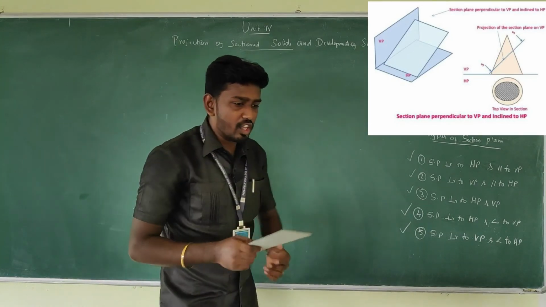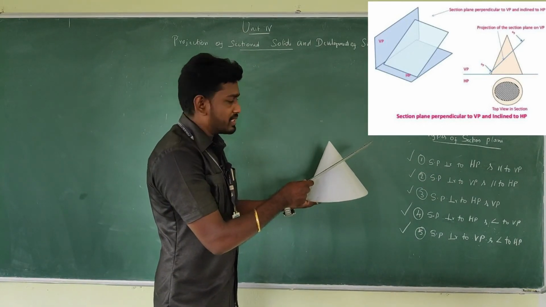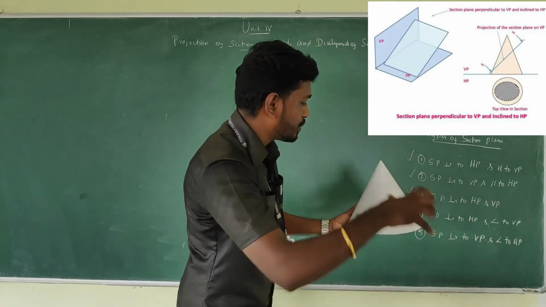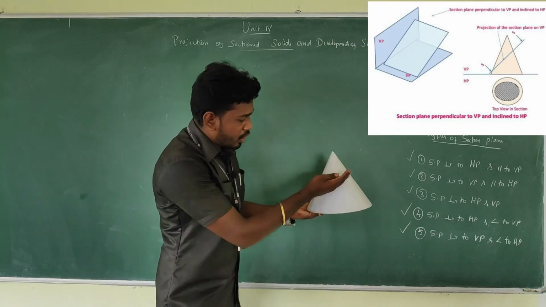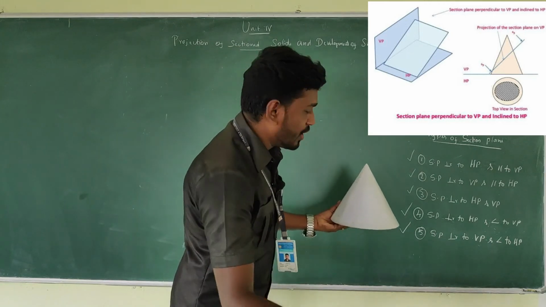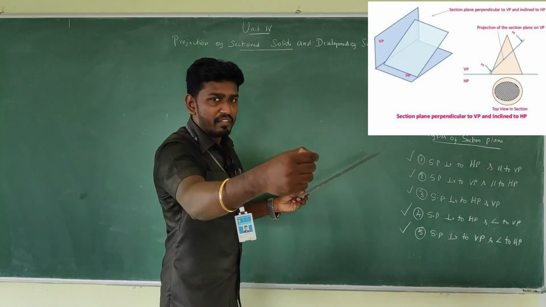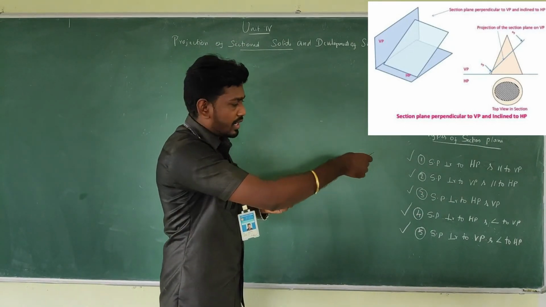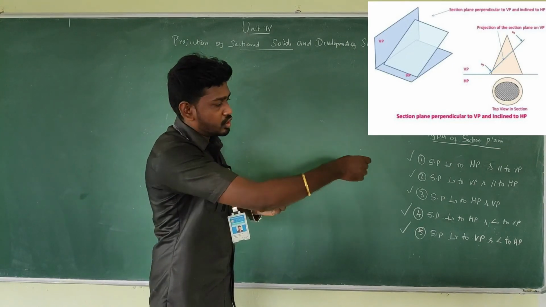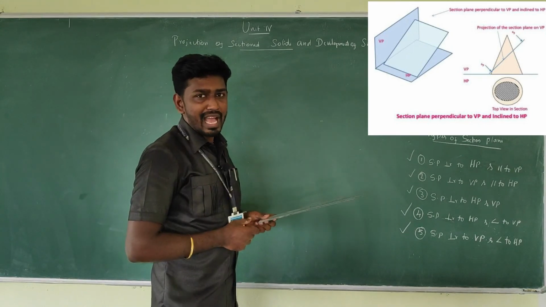Okay. So if I cut the object something like this, on this occasion, what happens? The portion between the cutting plane and the observer will be the removed one. So this particular portion will be the removed one, and the region below will be the remaining portion. When you are having a cut something like this, in the projection from the front view we are able to see the cut, because the true length can be seen from the front. So in the front view, the cut will be seen.